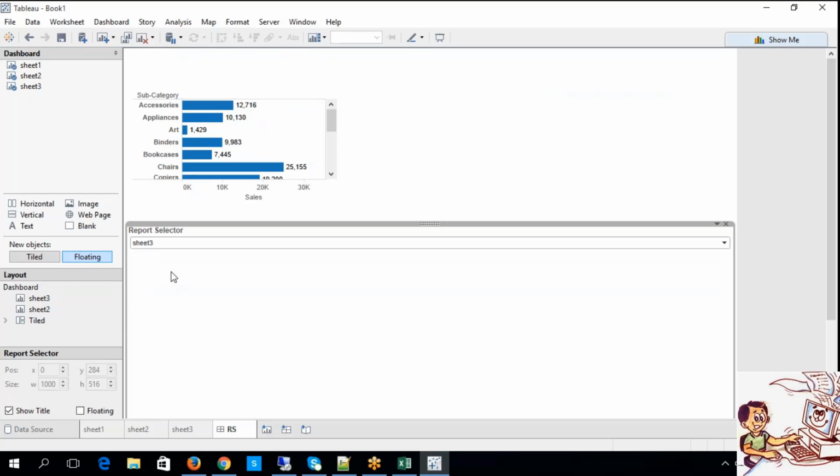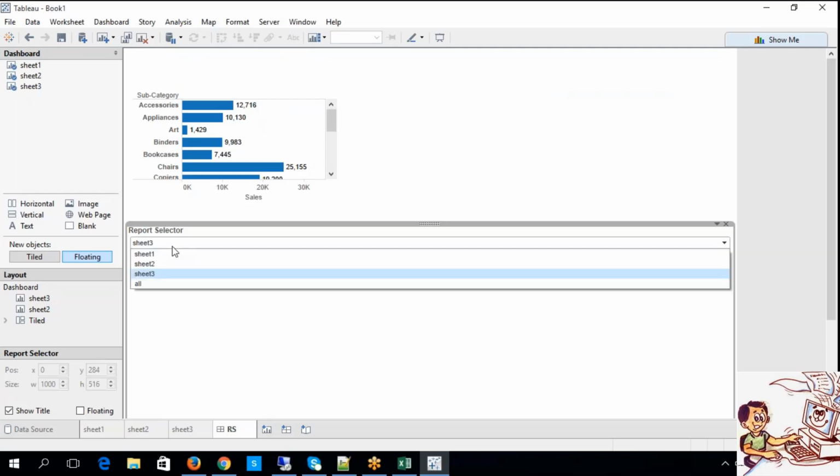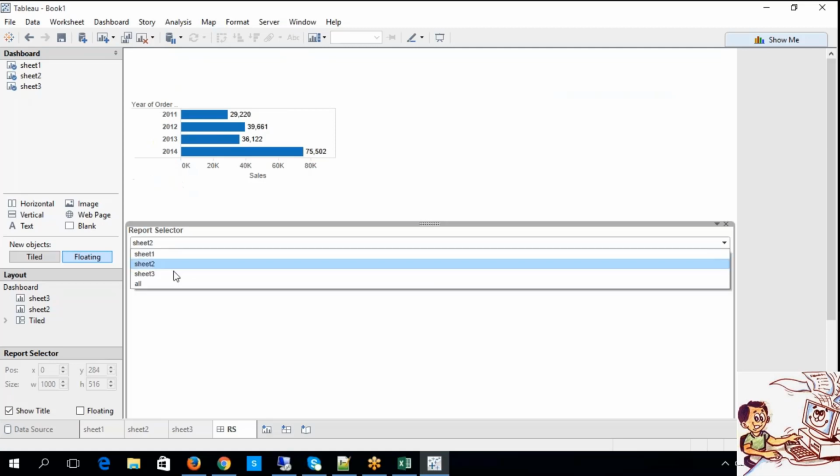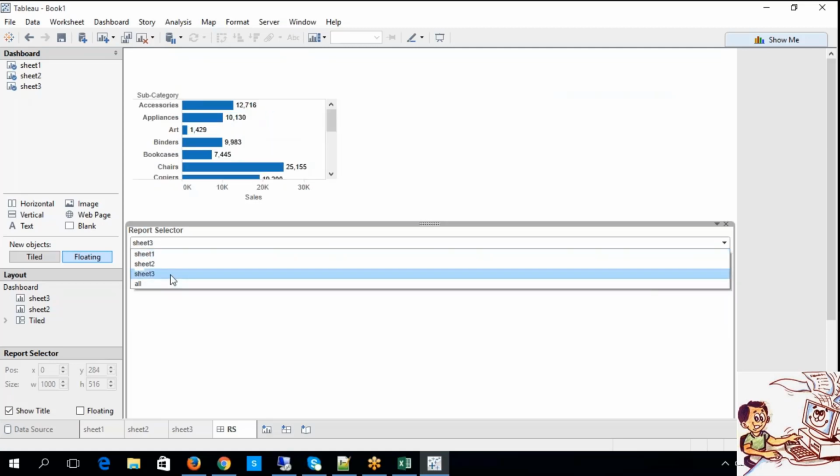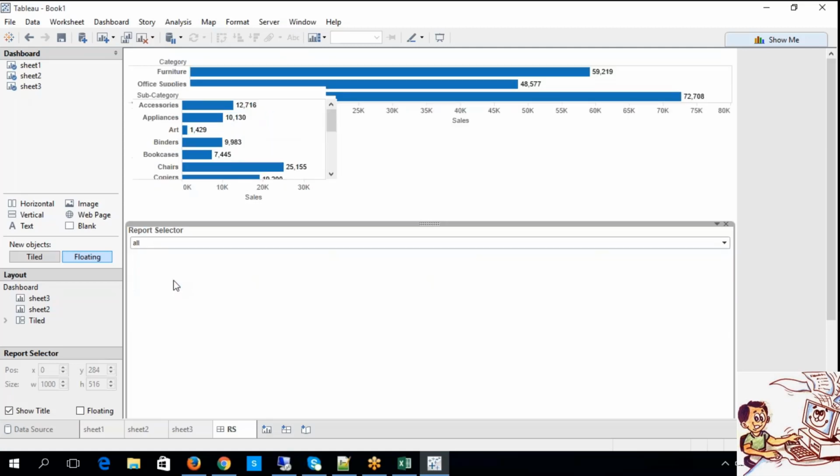So we are suggesting to him, boss, if you have this many worksheets, it leads to confusion. That is the reason we are coming up with this report selector so that you can choose one by one on a need basis, so that you can have n number of sheets like this. So this is the way. This is what is called a report selector, guys.